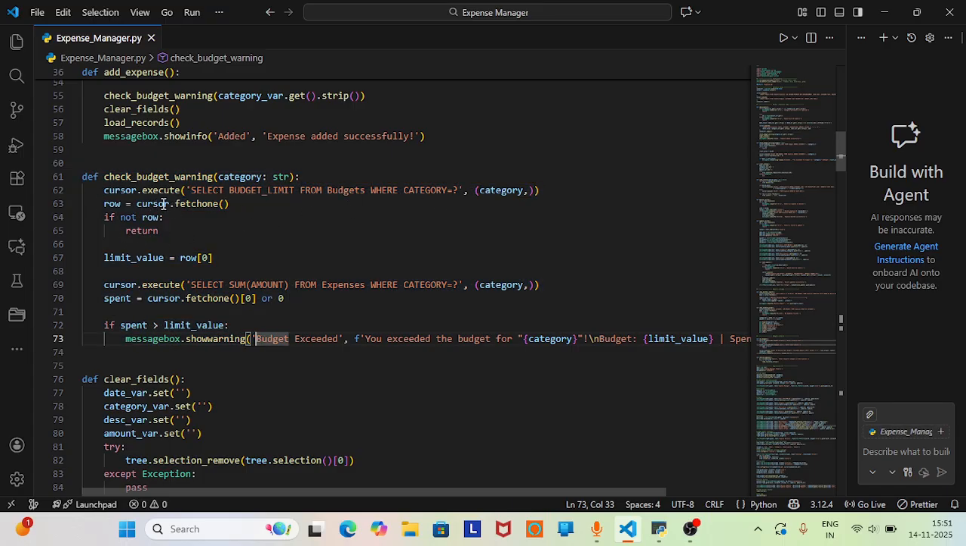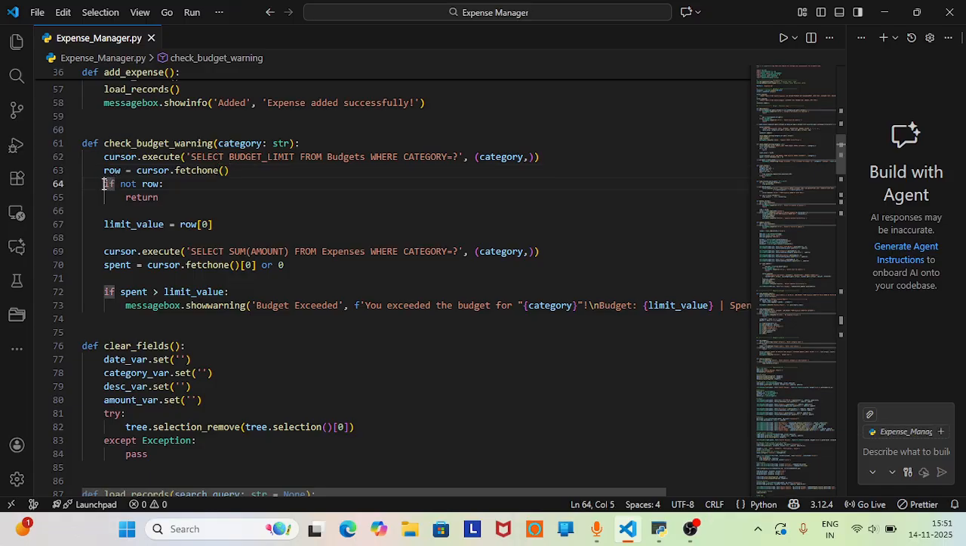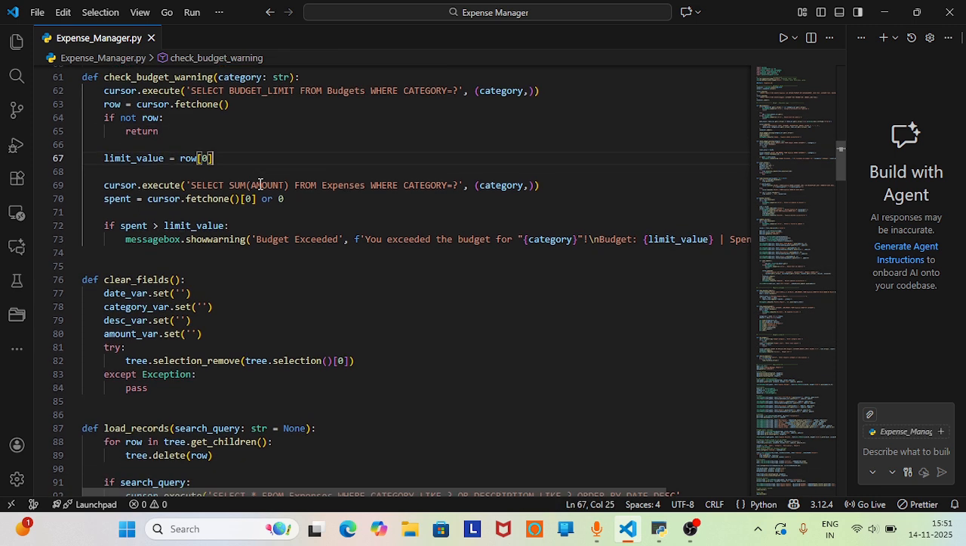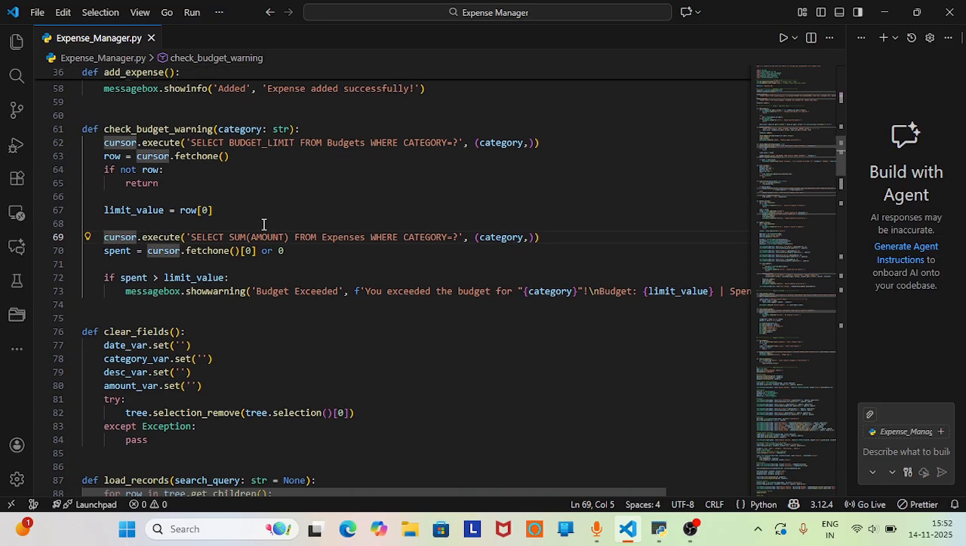First of all, we will select the particular SQL budget limit from the budgets table where the category has been included, and it will fetch that particular one. If the row doesn't exist, then return. Okay, and the limit value will be read from index 0 of it. Okay,